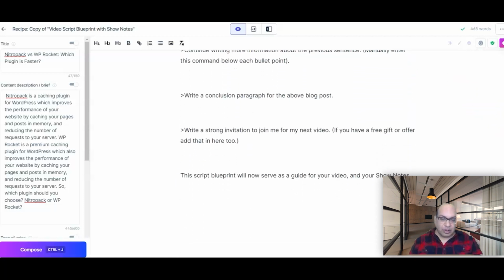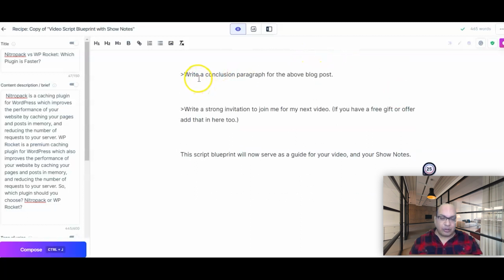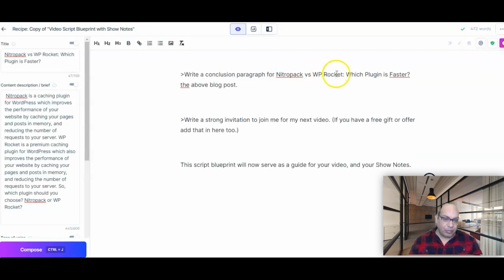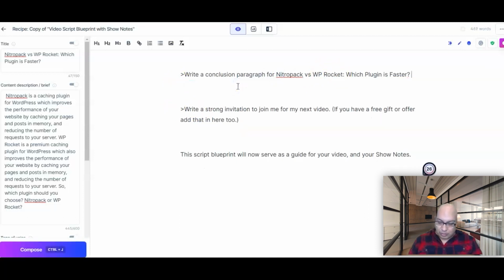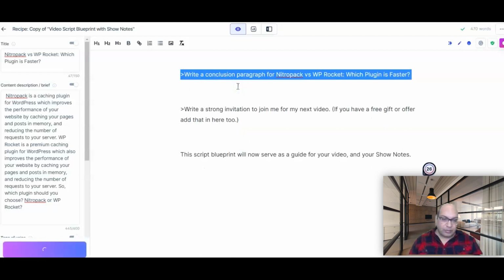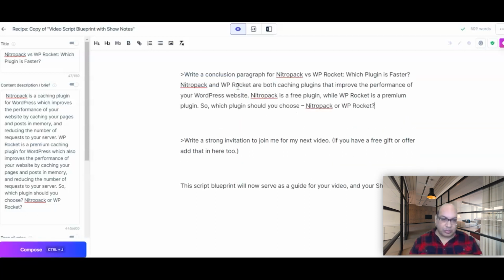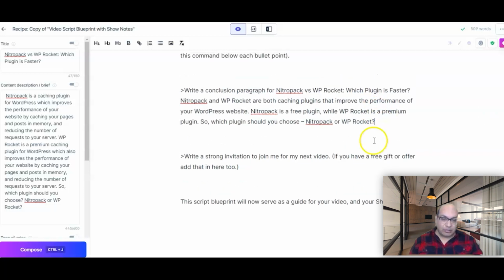Then you write a conclusion paragraph for it, and then you can also make some changes to it.